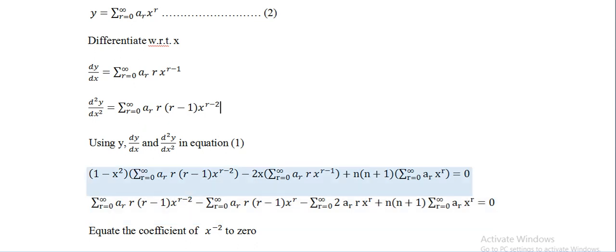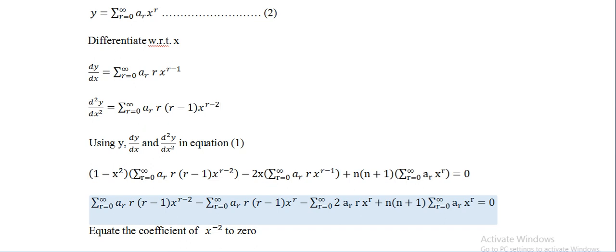Next we multiply x raised to r minus 1 with x; the powers plus 1 and minus 1 cancel out, so the remaining term is minus 2 summation of r a_r x raised to r. Then we keep the last term as it is, n(n plus 1) summation of a_r x raised to r